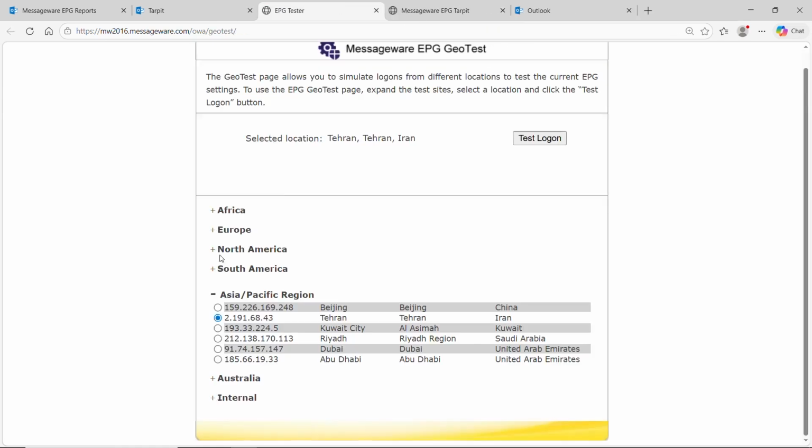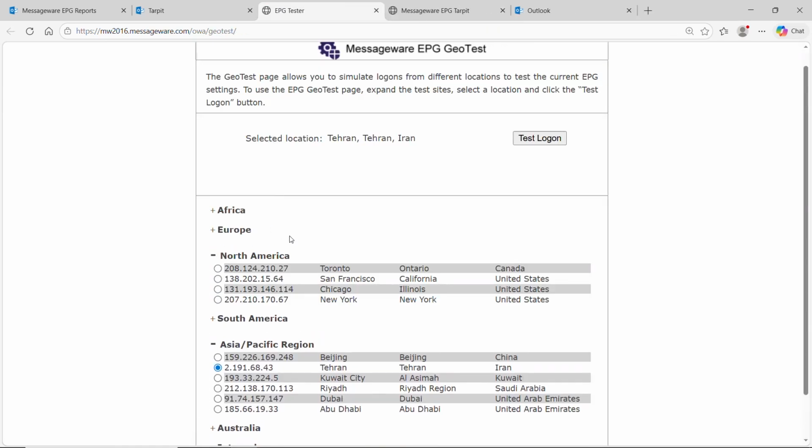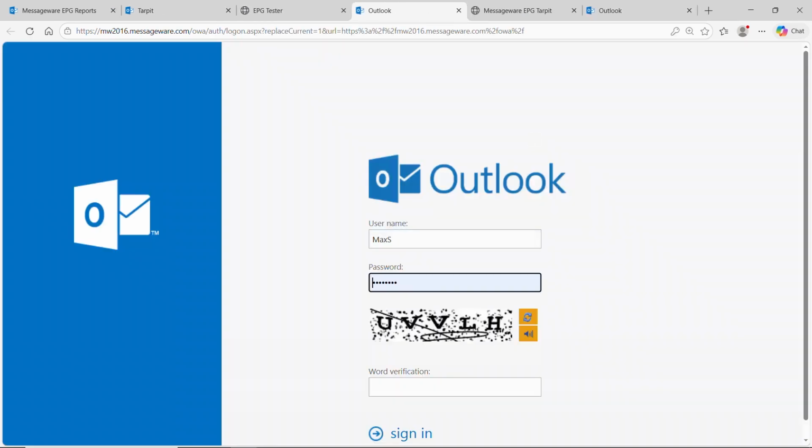So let's say, for example, this has been going on all night, and the real user comes into work in the morning. And I'll just pick New York here, and I'll use the same user account. First of all, the user is getting a prompt. They are not locked out, but they would have been without the protections from EPG. Instead, I am going to put in the actual password this time. And in this case, a CAPTCHA has come up. I'll show you why in a moment.